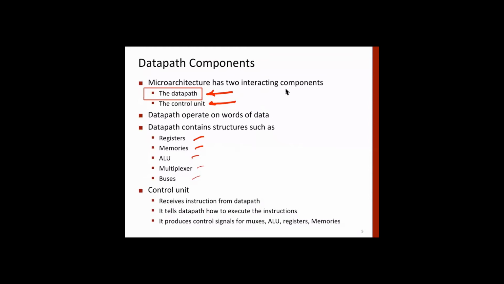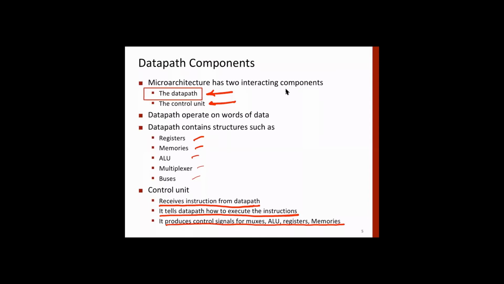And in order to do that operation, which is data movement or operation to be performed on data, that's control. We have seen in case of ALU, all these bits, two control bits that we studied, 0 and 1, for 4 operations, all that comes from control unit. So control unit receives instruction from memory through data path, and then after decoding etc., tells data path how to execute the instruction. So it produces control signals for muxes, ALU, registers and memories that we have seen.